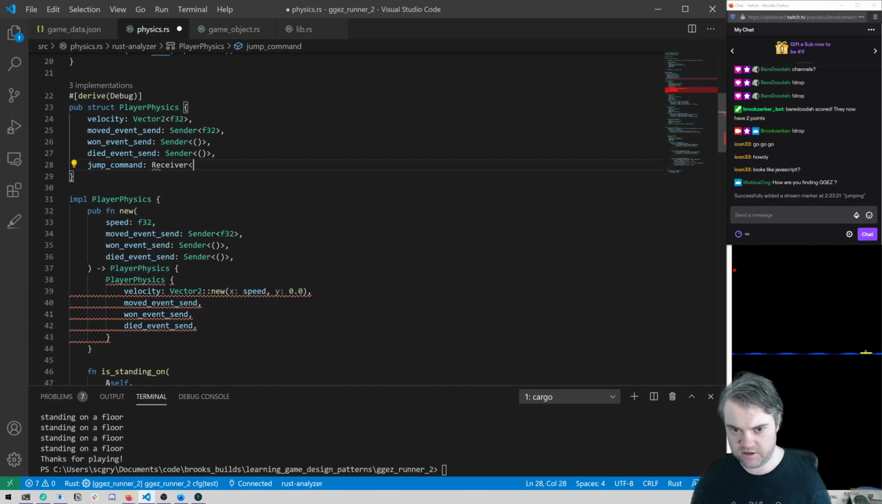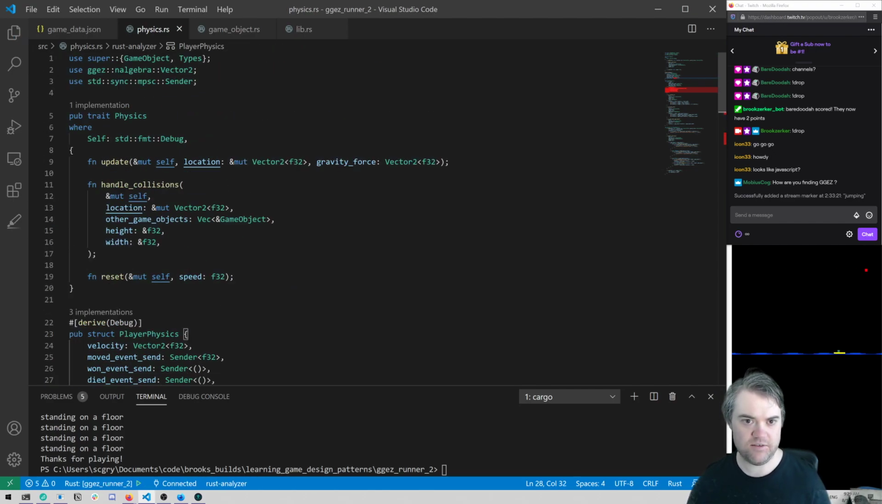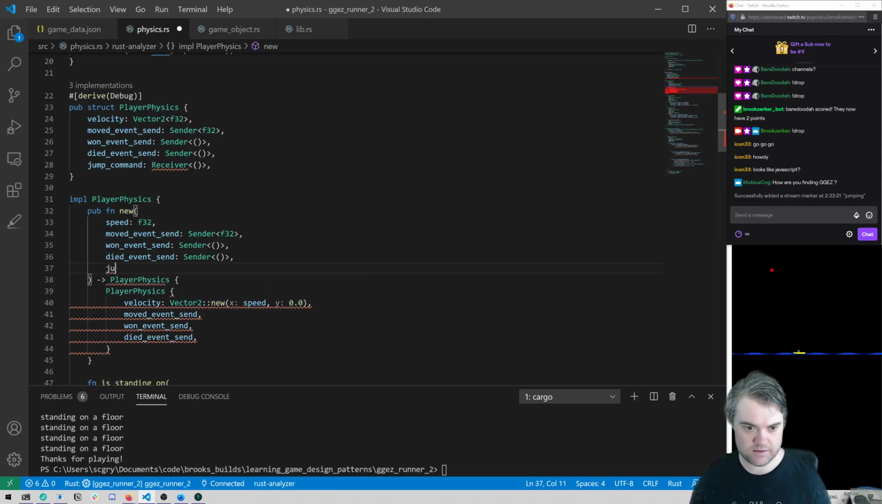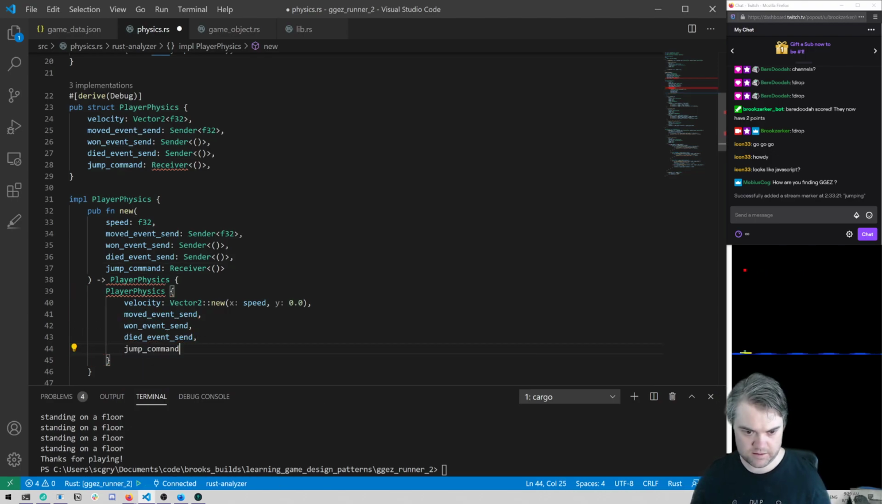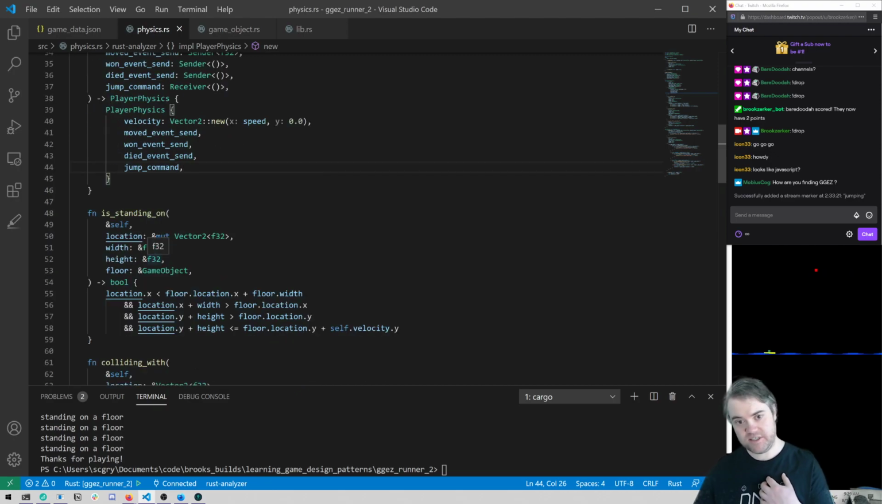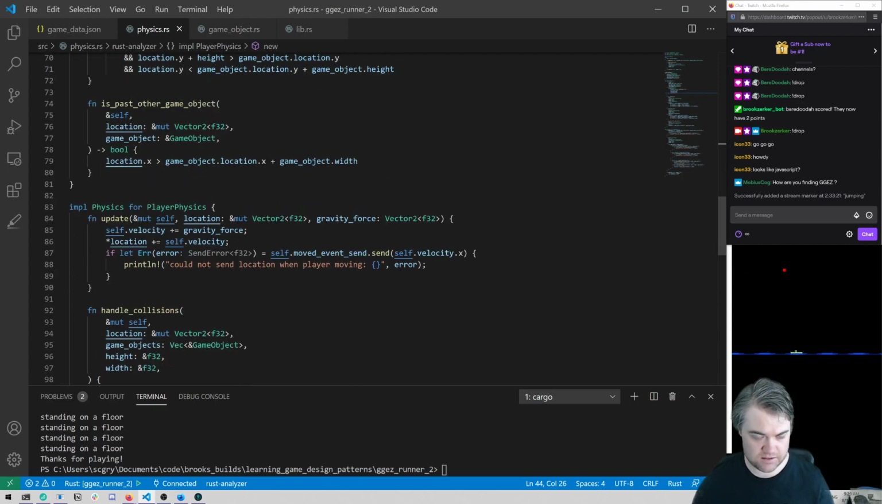And this is going to be a receiver. Just doesn't take anything in. Just like that. So we need a receiver. And we'll need to take in this event and store it away. Okay, so we've stored away this jump command. When we receive this jump command inside of update here,